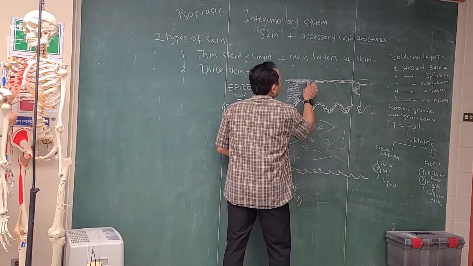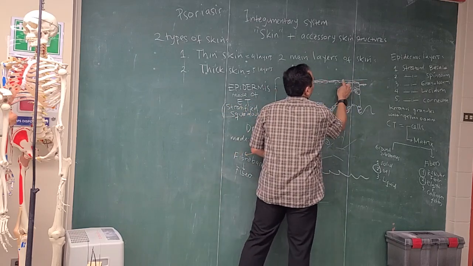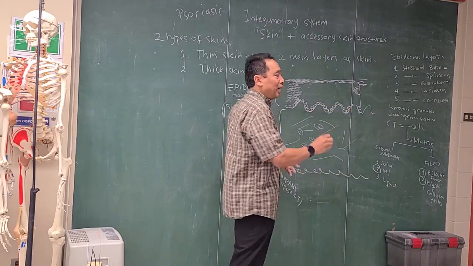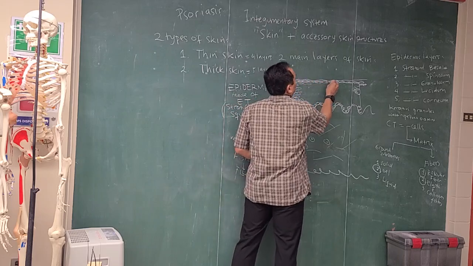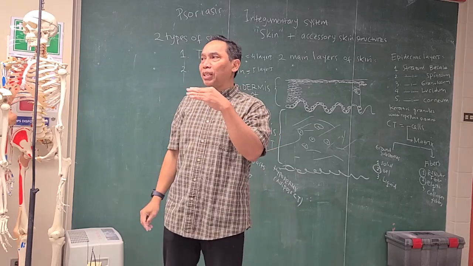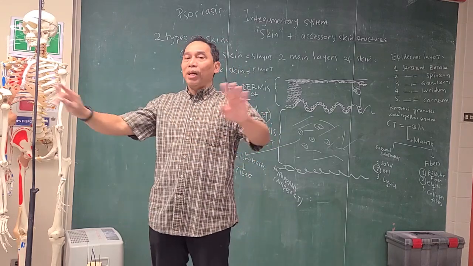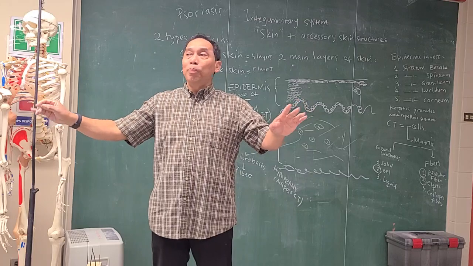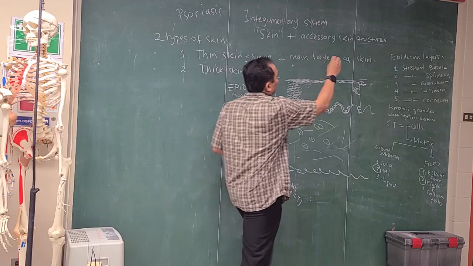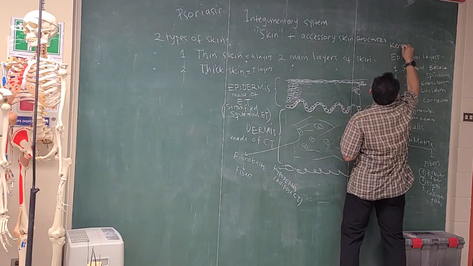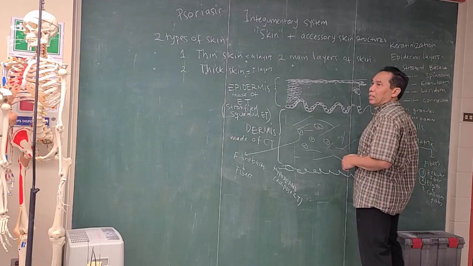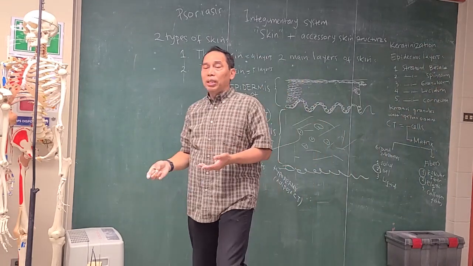On the top you will not see a nucleus in the top cell, because the nucleus is expelled. Mostly they will have a lot of keratin instead of nucleus. So the top cell is kind of sacrificing itself. They expel their own nucleus to be replaced by what? By keratin. That process is called keratinization. Keratinization. What is that? Replacement of nucleus by keratin